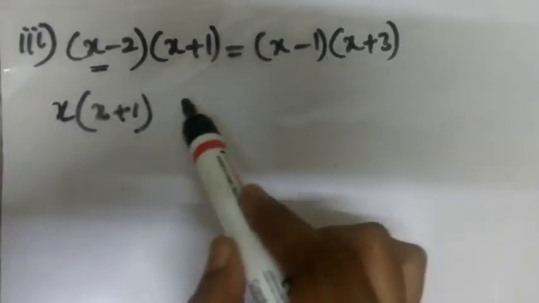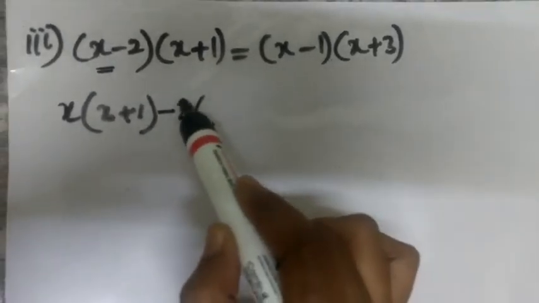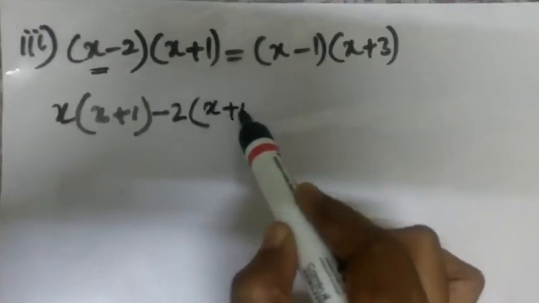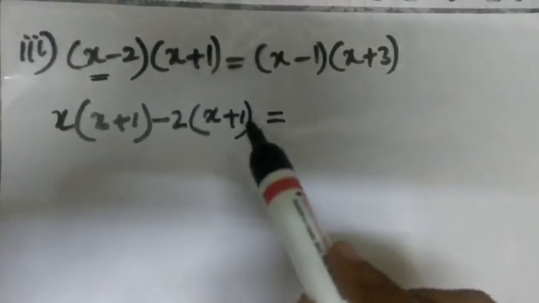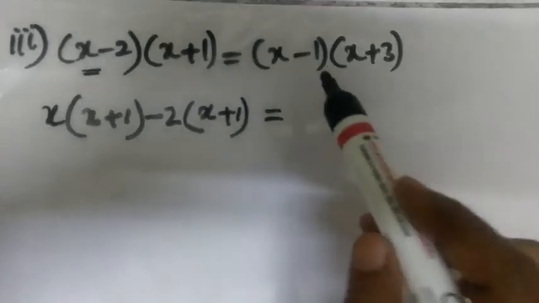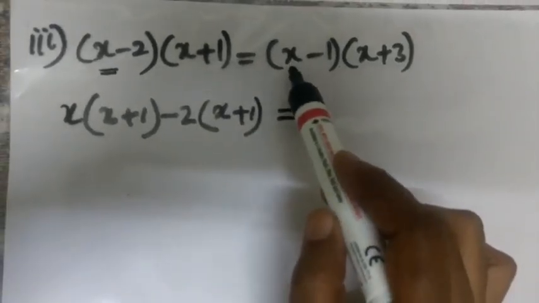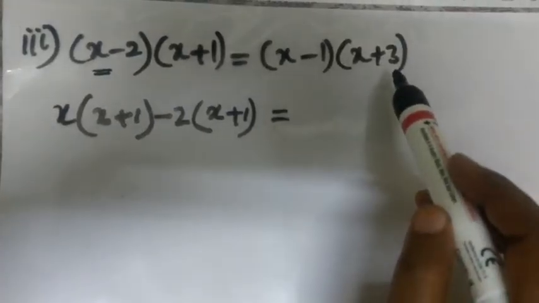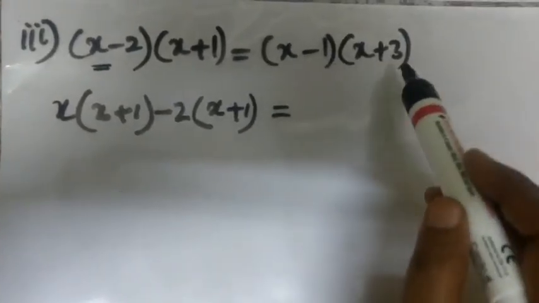Now it is the turn for minus 2 to get multiplied with this bracket x plus 1. So it is a very important problem. Wantedly I am doing it here so that you will get the practice of how to open the brackets. Now here you can guess, with x, to whom should I multiply? x plus 3. And with minus 1, again x plus 3.